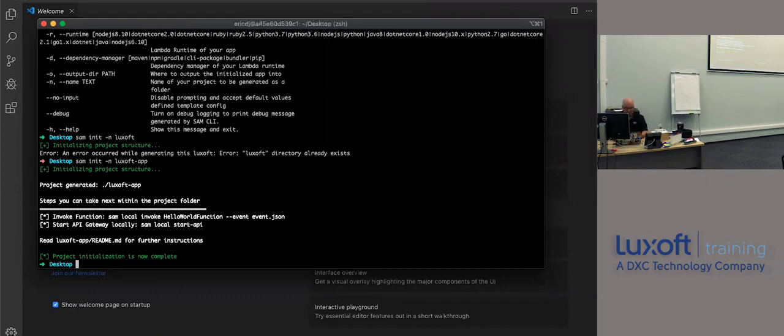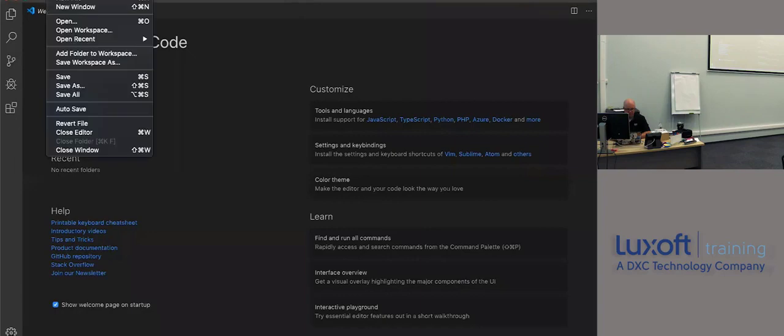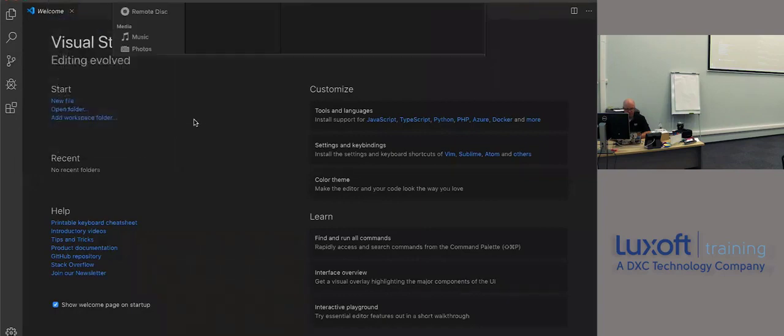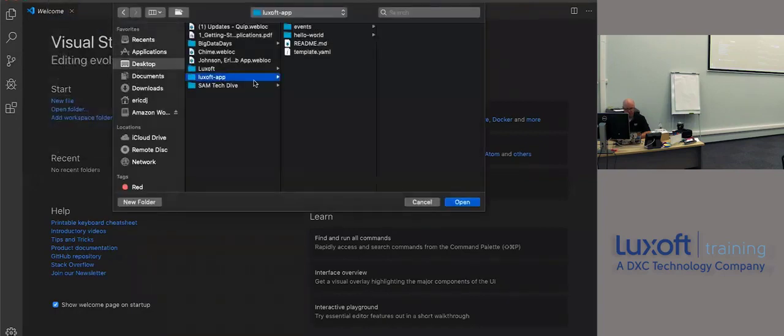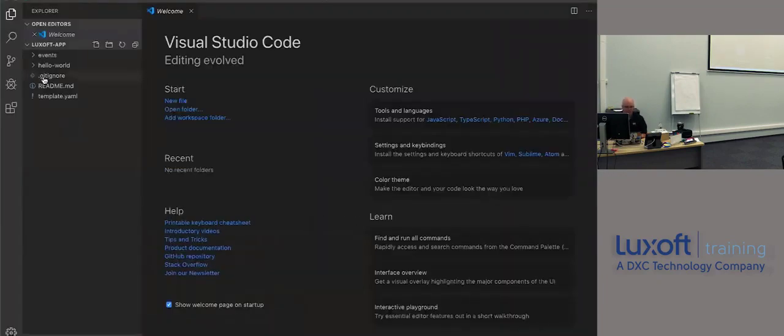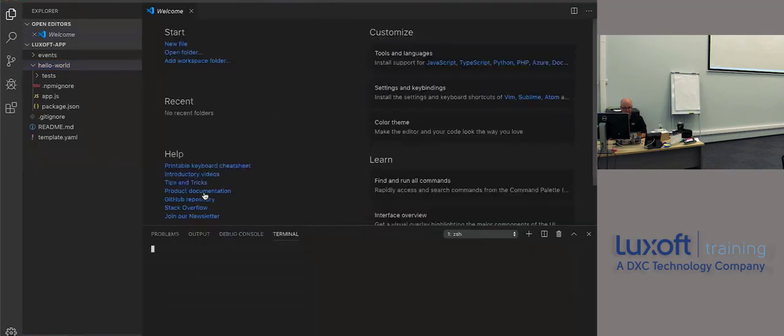All right, so I now have an app. So let's open this up. Okay, this will look like the serverless app that we had before. It just creates a hello world before. So I can, if I want, I can go into hello world,